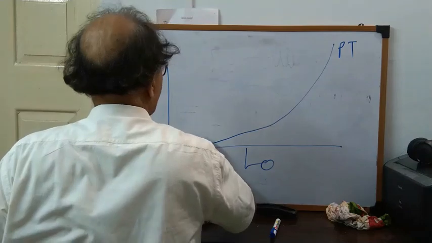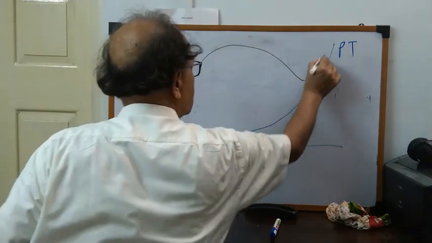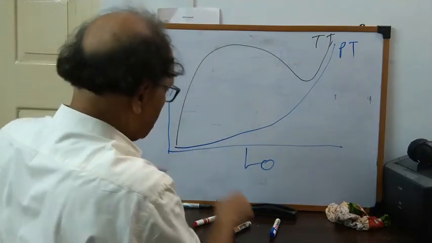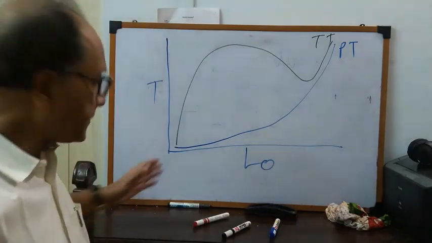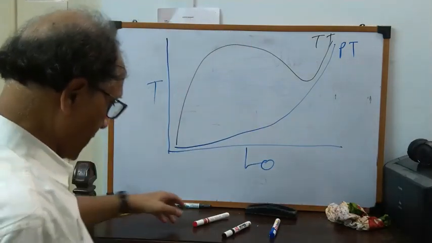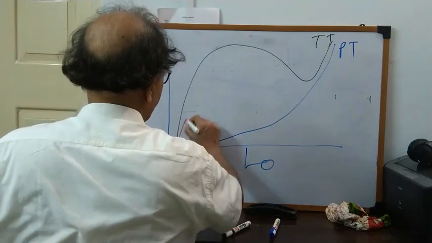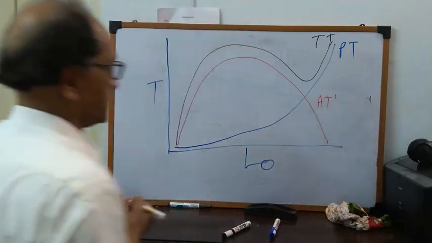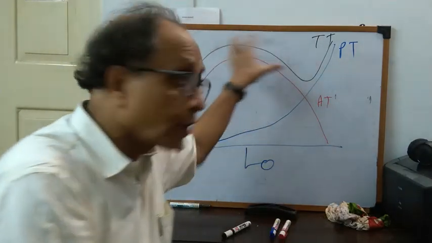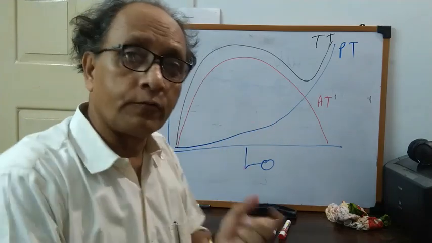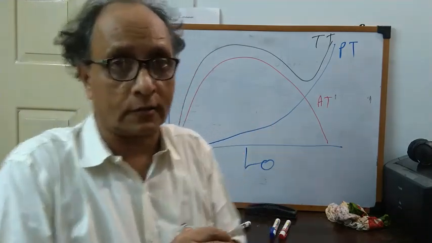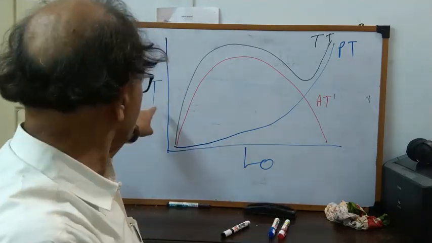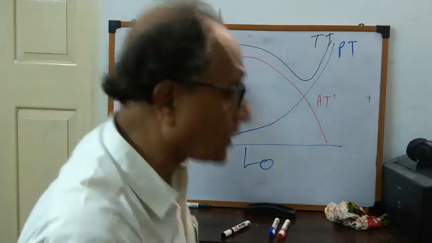Then we draw the total tension curve or contractile tension curve, TT. And by subtracting them at each stage of length change, we obtain the active tension curve in red. So this is the active tension curve. These are the three curves which I elaborately described in my last class. So now you understand why I use tension here, because what I was executing